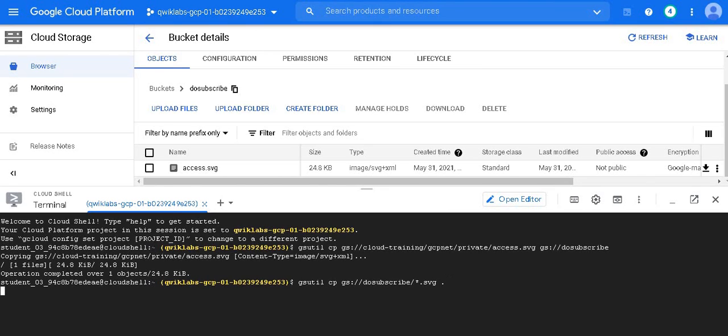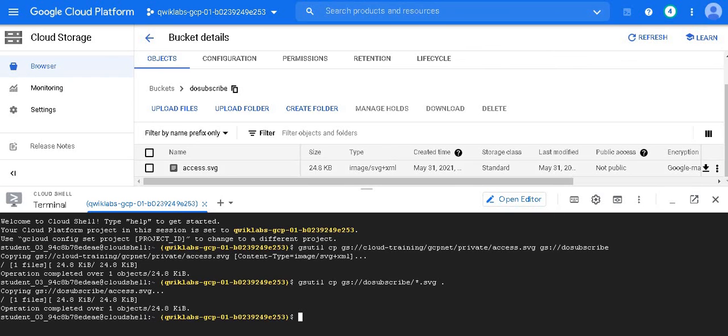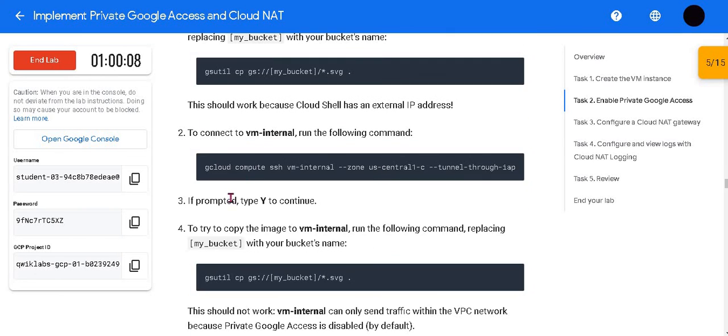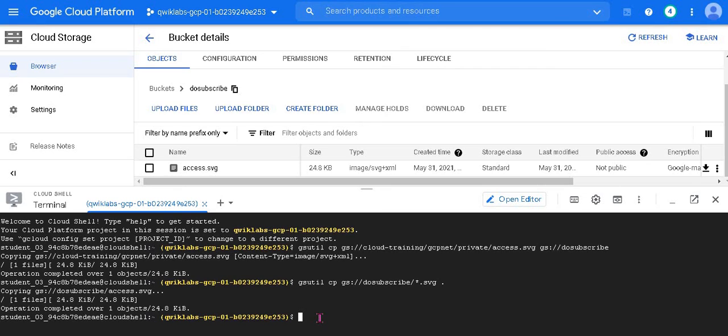And going on, I will enter. Here you can see copying. This should work because cloud shell has an external IP address. So from this point you can know that the cloud shell has its own external IP address. Now to connect with the VM internal, run this command. I will run this command